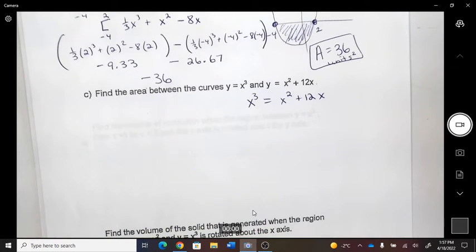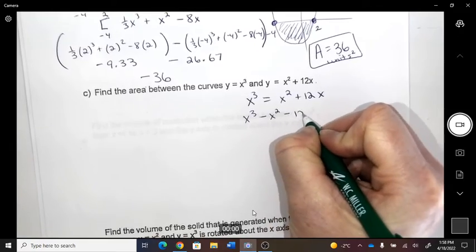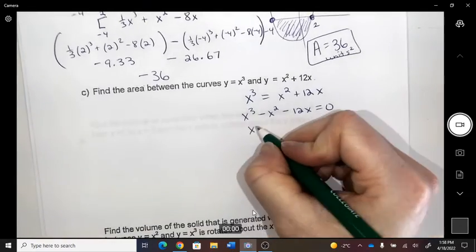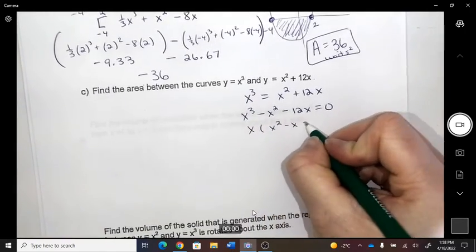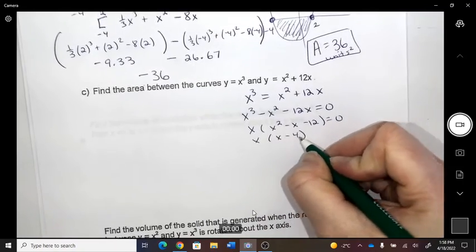I might have a parabola and a line. So remember how to graph those. Okay, so to solve this, my algebra stuff is to zero it out and factor with a GCF. And then a simple